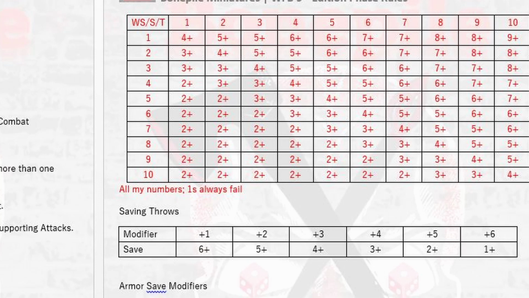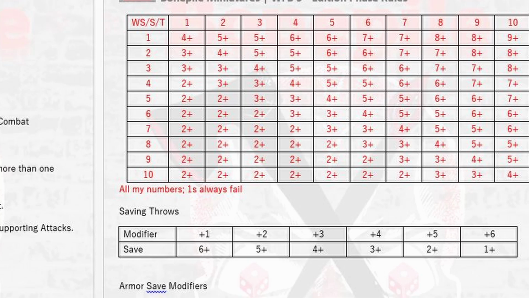And notice what area of the chart that these harder numbers are located in. It's the area where bigger beasts and monsters are typically found with high toughness. And so in effect, this chart will make it a little harder to score hits and wounds against monsters and other elite